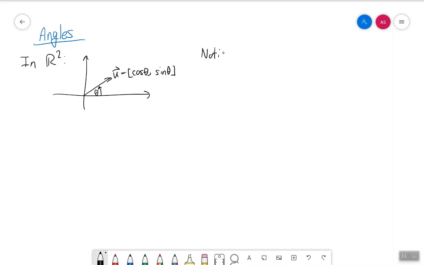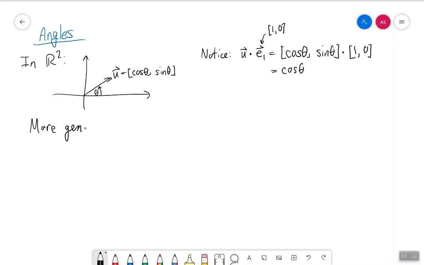Notice that u dotted with the first standard unit vector e1, remember that's (1, 0), is equal to (cosine of theta, sine of theta) dotted with (1, 0), which is the cosine of theta. More generally,